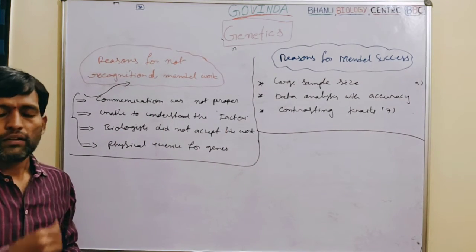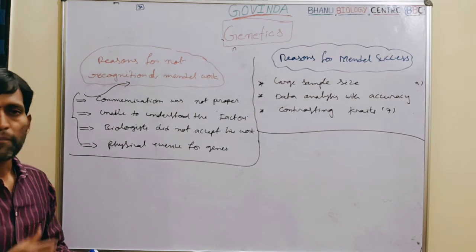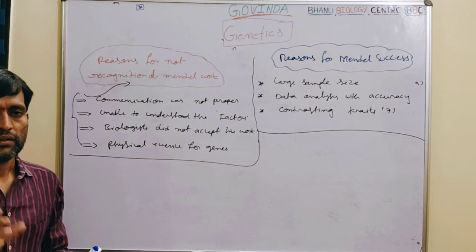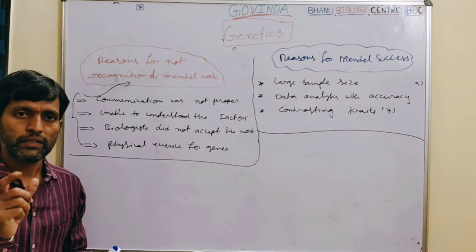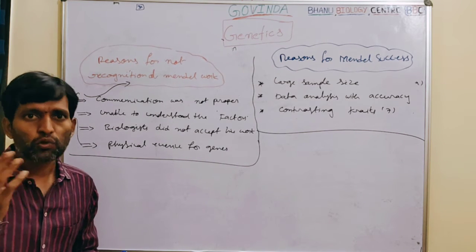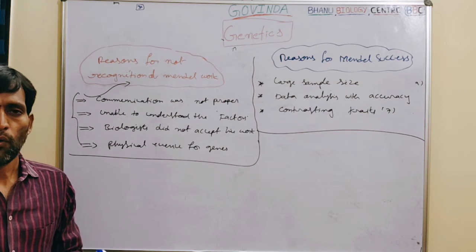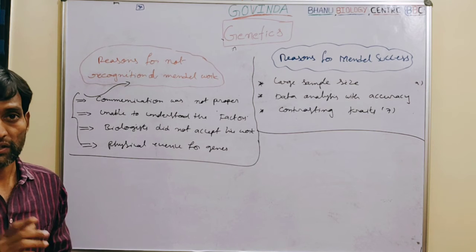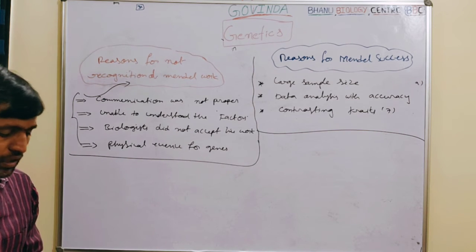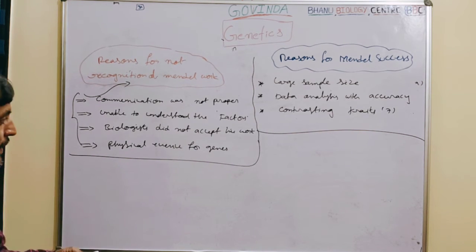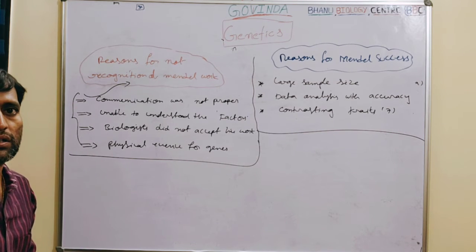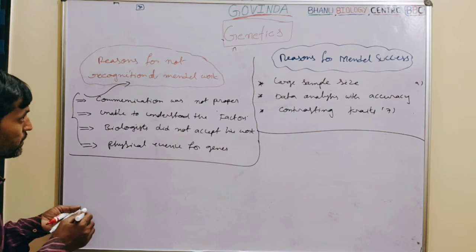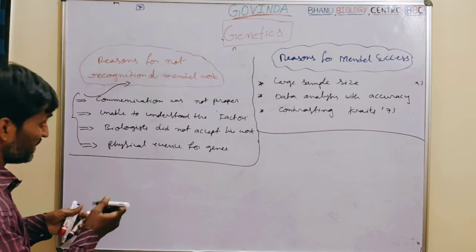As I mentioned earlier in the beginning of this class, Mendel selected the garden pea plant, Pisum sativum, for his experiments. There are so many plants we know. Why specifically did Mendel select that plant? Are there any reasons? Yes, there are some valuable reasons behind the selection of the Pisum sativum plant for his experiments. Let me explain them.